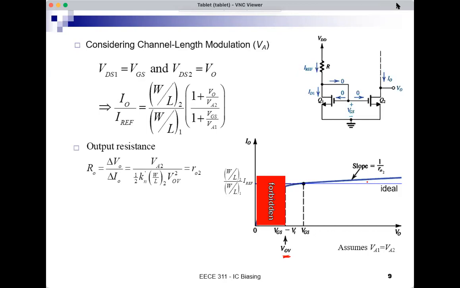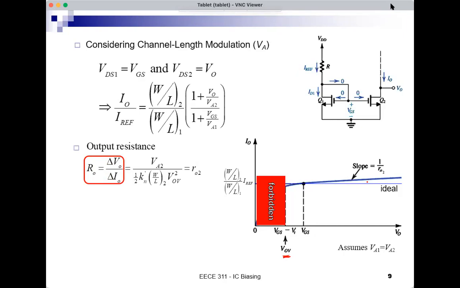We find its inverse, and we call this the output resistance. So we find delta VO over delta IO. It's related to the calculation of output resistance for amplifiers. So delta VO over delta IO is what we can show, and it's shown on the next slide, that this quantity is